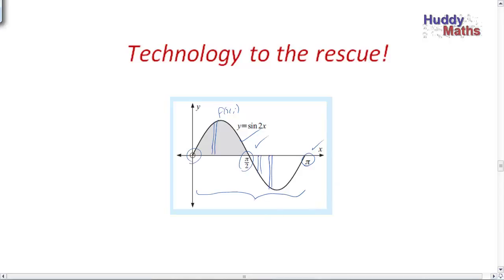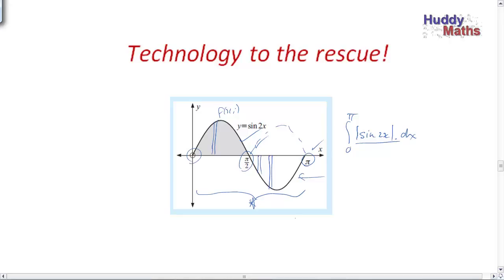But what if we use technology? We could tell the calculator to make all of these lumps and bumps positive. Do you know the function that does that? That's the absolute value function. So we could do that on the calculator. We can't do that by hand. So we're going to tell the calculator to integrate it straight across the interval. We don't want to split it into pieces. We're a bit lazy. And tell it to take the absolute value. So it will actually make this lobe effectively positive, because the absolute value of this set of negative values here